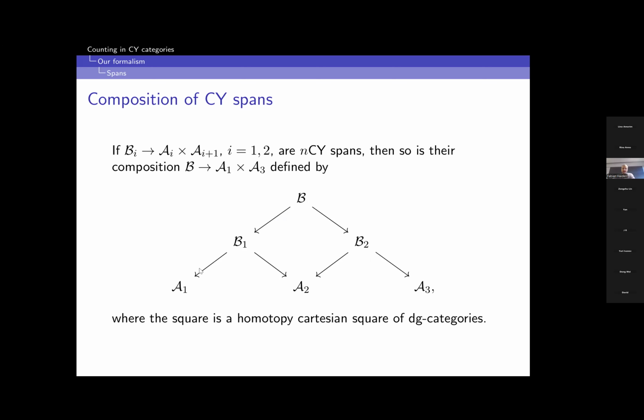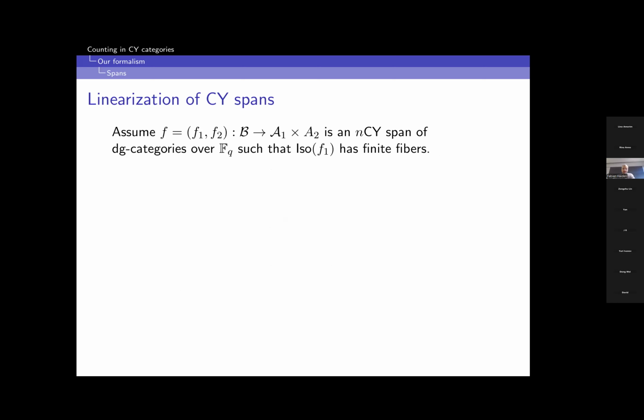And then it turns out that the composed span is again Calabi-Yau. That's a basic result. And now that means we can form a kind of category, some non-commutative analog of this Weinstein symplectic category, where the objects will be, but before we do that,